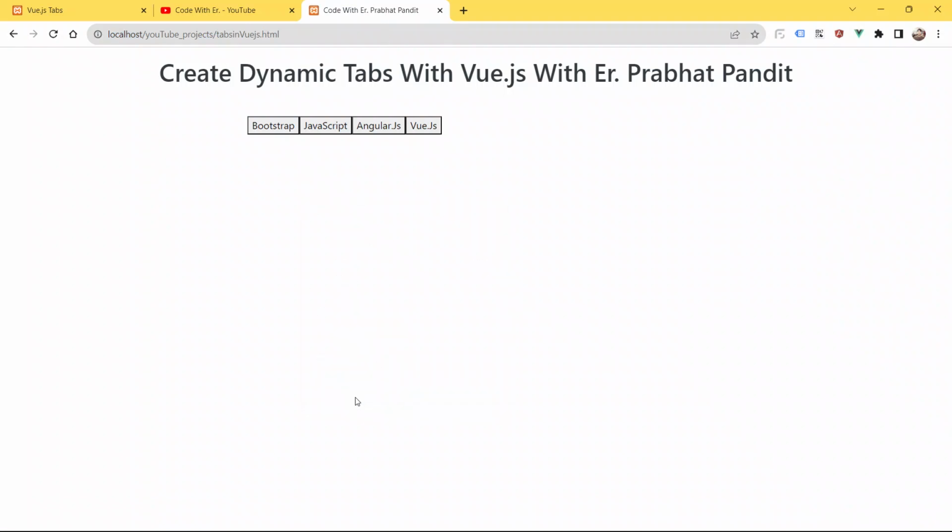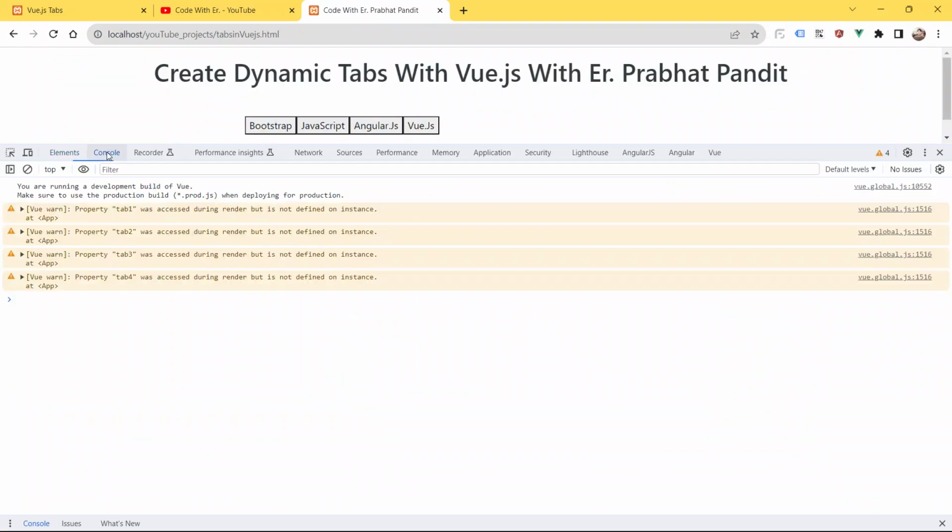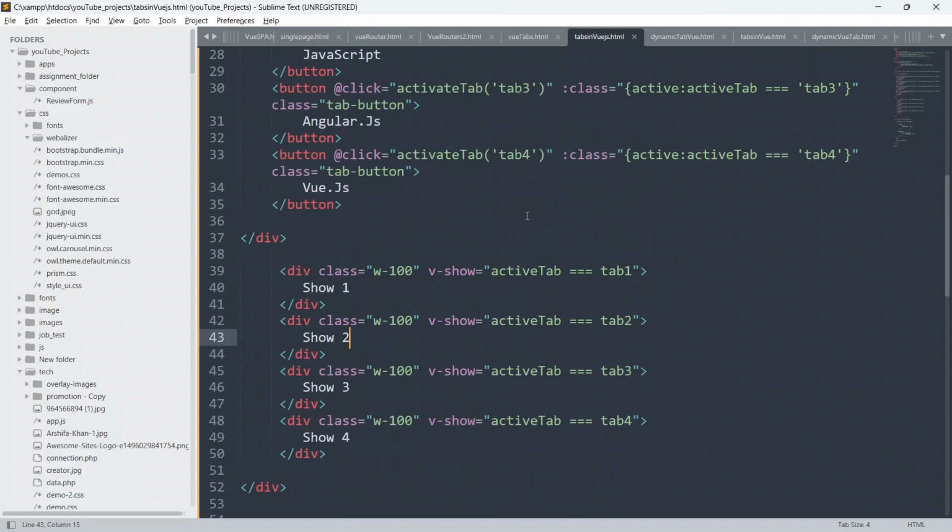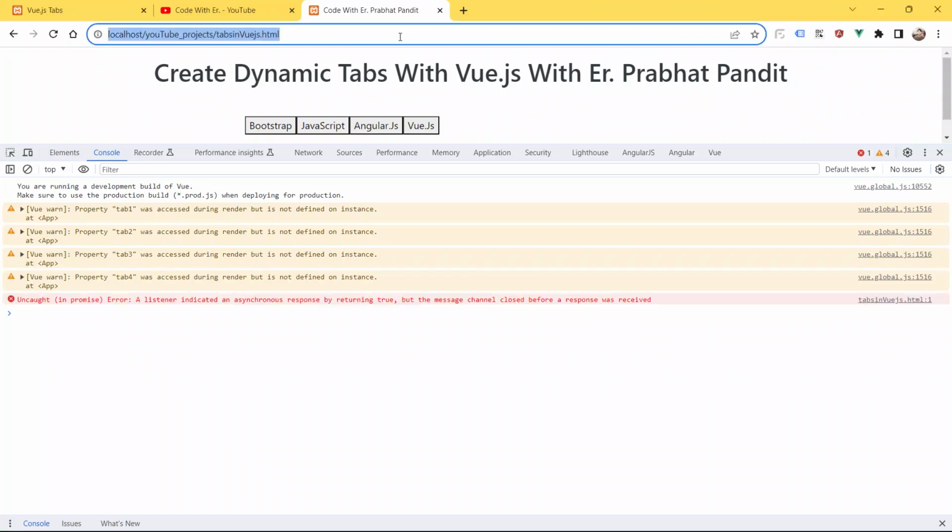Okay, as of now we got the error also, so just let me check. So it is saying... okay, sorry guys, we have to put comma here. Sorry, I forgot to put comma, so put comma. I mean put inverted single comma. So now save your code, go to the browser, and now refresh the page.